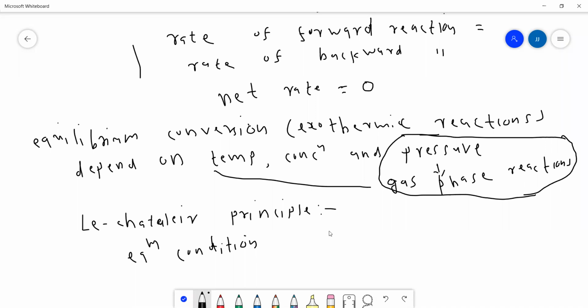So we can say that if we have an equilibrium condition, then a change in parameter will